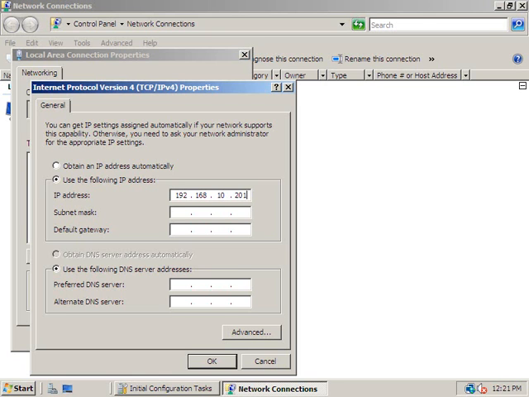Now if I hit tab, you'll see here that it defaults to a subnet mask of 255.255.255.0, and that is correct because we are on the 192.168.10 network. My default gateway is 192.168.10.200. That is the IP address of the router that I have here on my network right now to get